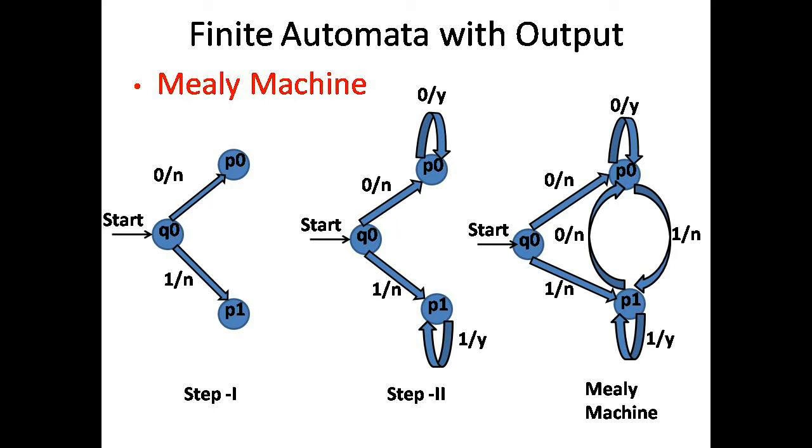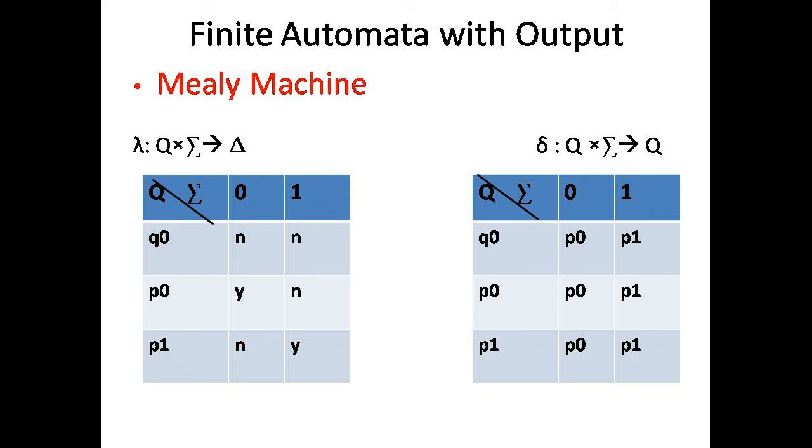Here, we end the process after considering transitions on both 0 and 1 from every state. The figure shows the final Mealy machine with the given requirements. This table shows the machine function table and the state function table. The lambda is the machine function table. It produces the output alphabet, and the delta is the transition function.